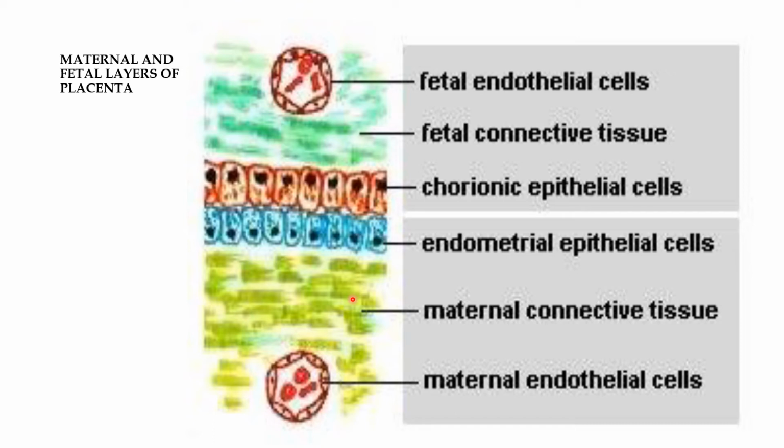So in the microscopic structure, the term placenta presents cut sections of tertiary villi of different size and shape with maternal blood cells in between the villi. If the section contains the chorionic plate and amniotic membrane, extraembryonic mesoderm with blood vessels can be identified. Each villus has a central core of mesoderm with fetal capillaries lined with simple squamous epithelium and containing nucleated fetal red blood cells. So the fetal endothelial cells contain fetal red blood cells, along with connective tissue.